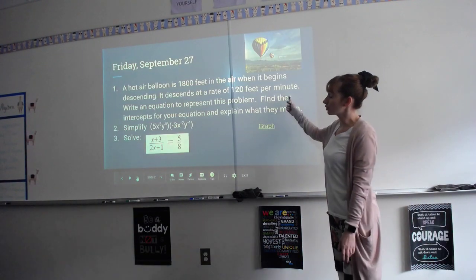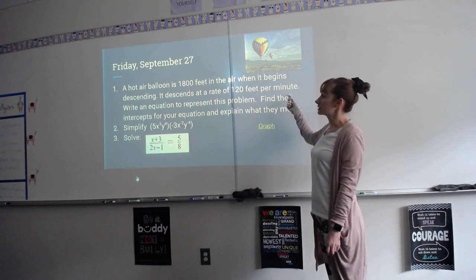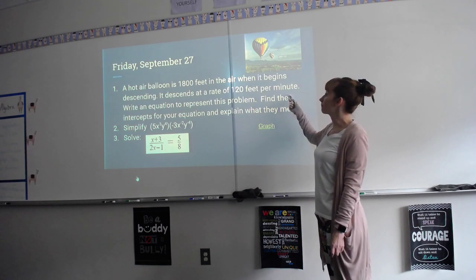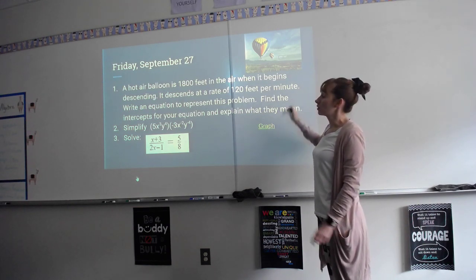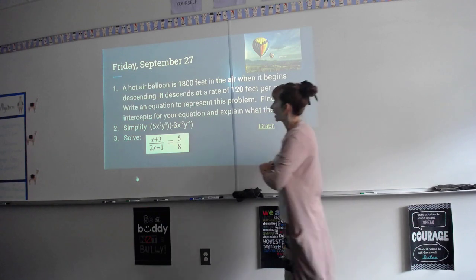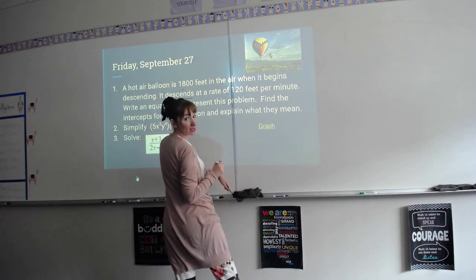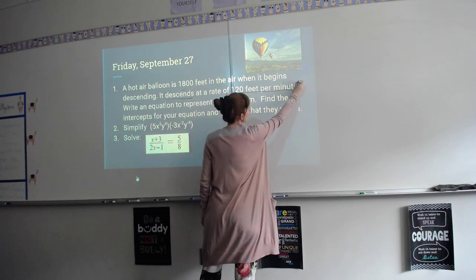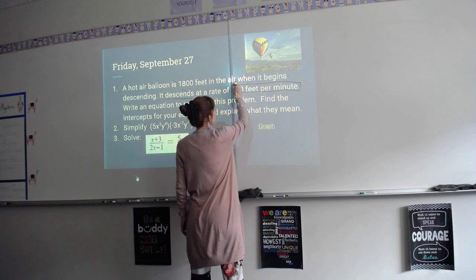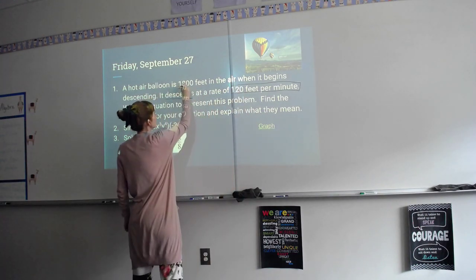So a hot air balloon is 1,800 feet in the air when it begins descending. It descends at a rate of 120 feet per minute. So we need to write an equation to represent the problem. When we see the word descends, I hope you know that means it's going to be negative because we're going down. And then we see this word per, so we know that's going to be our slope. What is changing? We're told that we start at 1,800 feet,